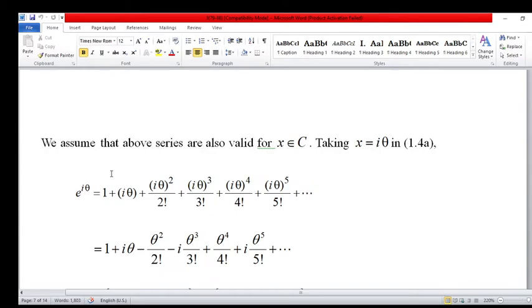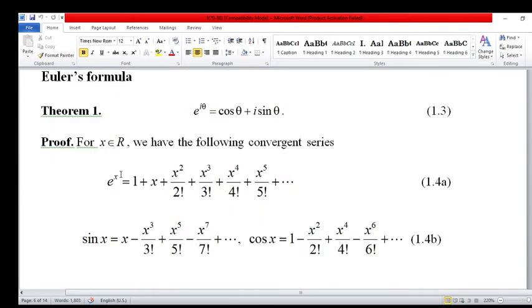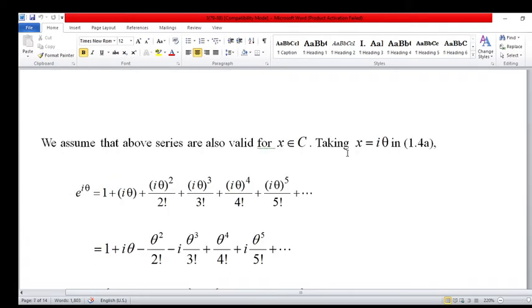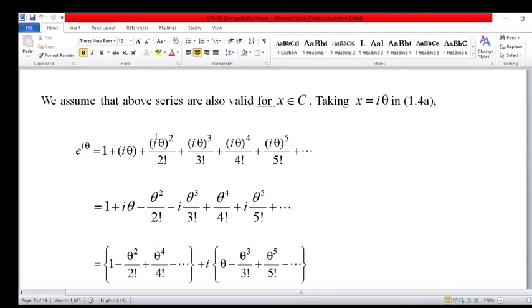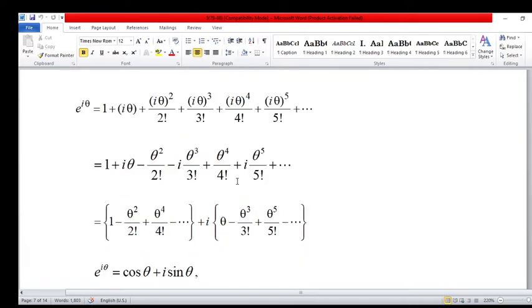And put in expansion series x is equal to i theta, means complex number. This is the i theta. Then we obtain 1 plus i theta plus i theta square upon 2 factorial, i theta cube upon 3 factorial, i theta 4 upon 4 factorial, and so on. Now open bracket. So this is the 1 plus i theta. i square means minus 1. This is the minus. This is the i cube, minus i square into i means minus i. And this time we obtain this new series.